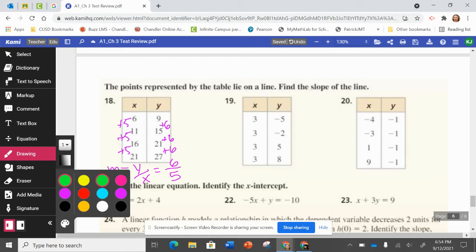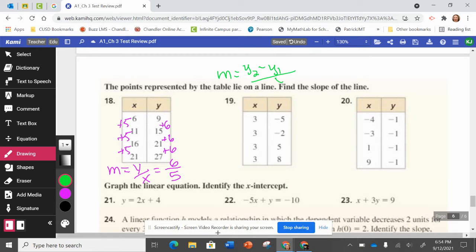The other way that we've talked about finding slope from these tables is to use slope formula. So a reminder of slope formula, we have y2 minus y1 over x2 minus x1. And you can pick any two ordered pairs you want to. They can be next to each other. They don't have to be next to each other. They don't have to be the first one. They don't have to be the last one. So I'm going to pick the middle two. And if I plug those in for slope,